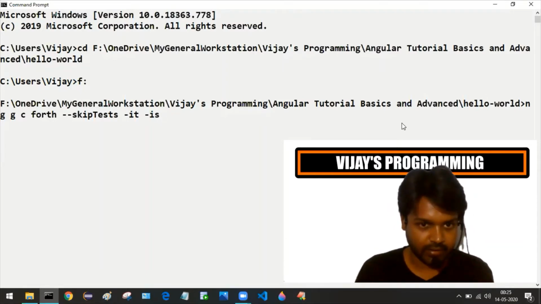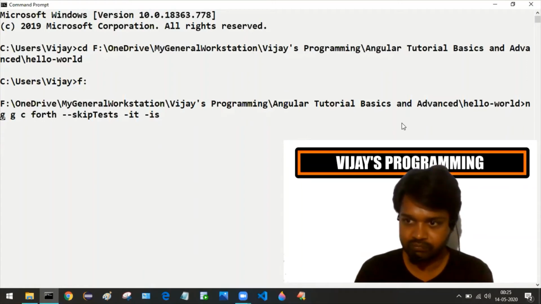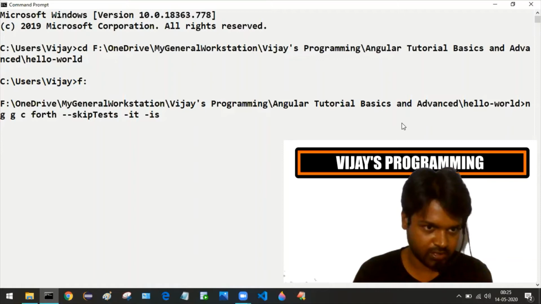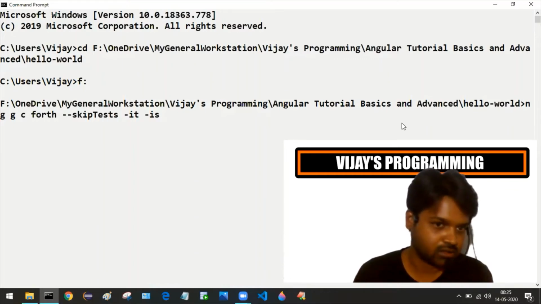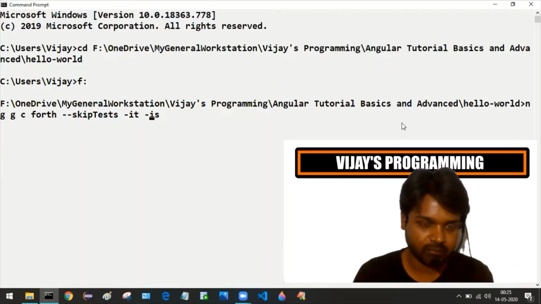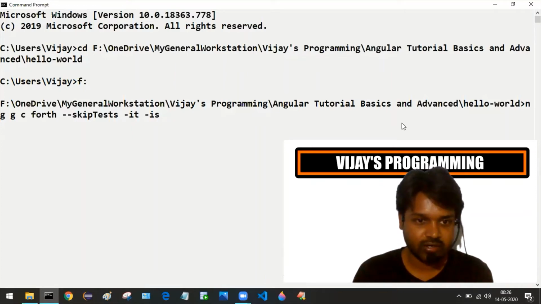This is the command we need to trigger now. ng space g space c space, the name of the component along with the options: skip-tests, it and is. It stands for inline template, is stands for inline style. And please observe that we are giving only one dash or only one hyphen.